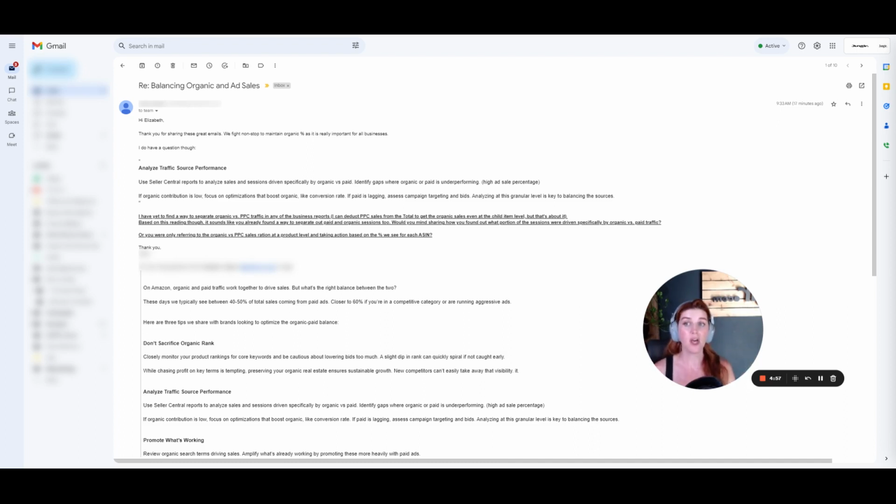And this could be very helpful because if you're highly dependent on ad sales to drive total sales for a product, that could be an issue. Now, how that calculation works comes down to the sales attribution differences for the ads versus your organic or your total sales. So in your ads, whatever product received the click, sponsored products, it could be the same product within, like, say, a listing, and sponsored brands, it says any products that are contained within are sold underneath that brand